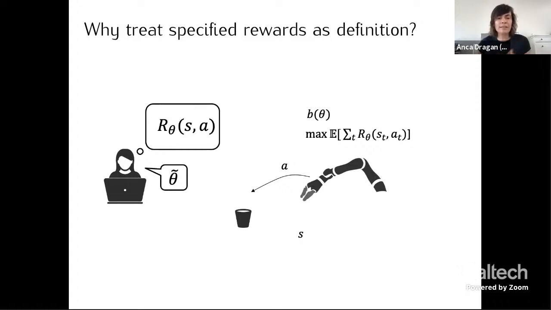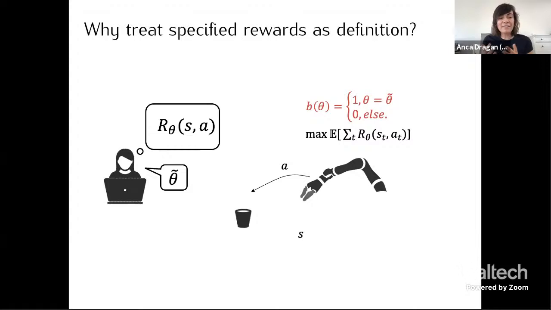Now, that ends up being not exactly the same as theta because of human error, but nonetheless, our robot pretends like it somehow has this perfect sensor, and theta tilde becomes the definition of the reward function, essentially having this belief that, okay, if you tell me theta tilde is the reward, I'm going to believe you. So with probability 1, theta tilde is the correct theta, and then I'm going to go and optimize that.